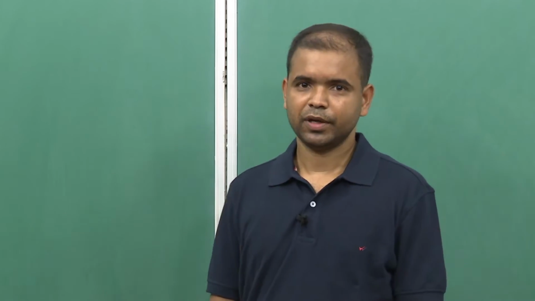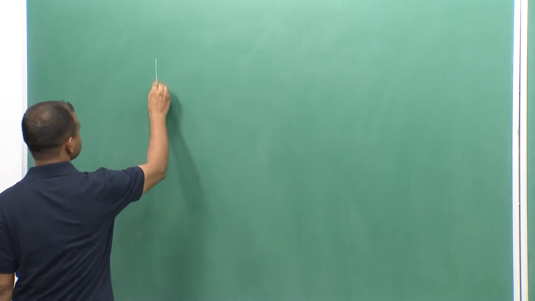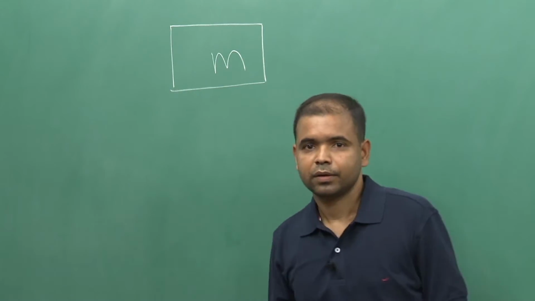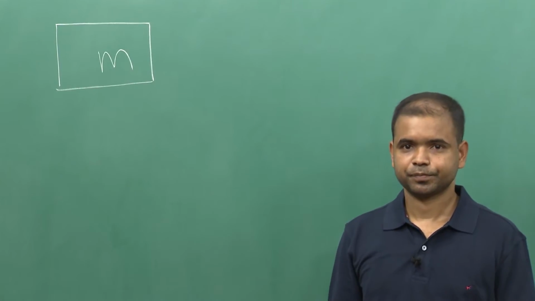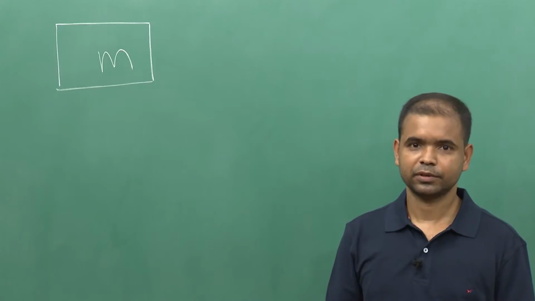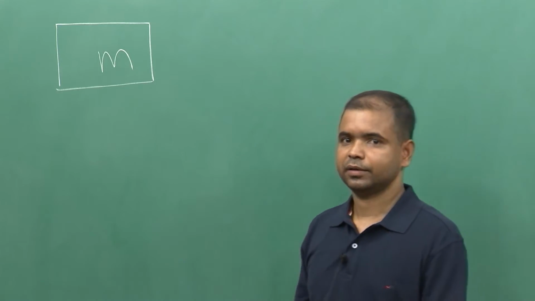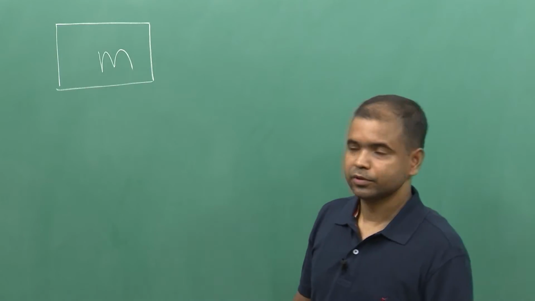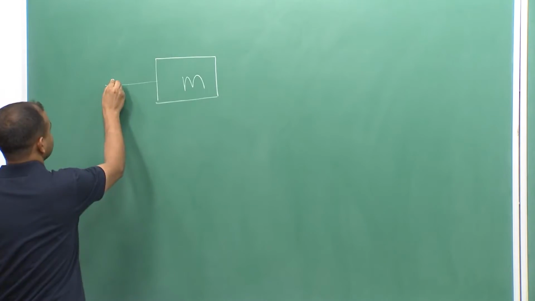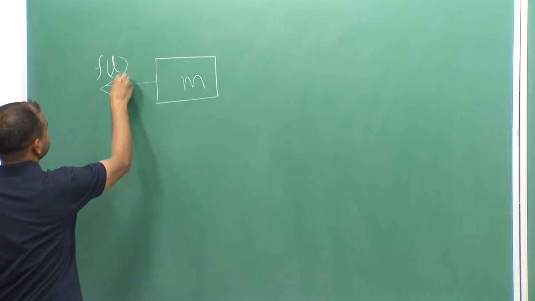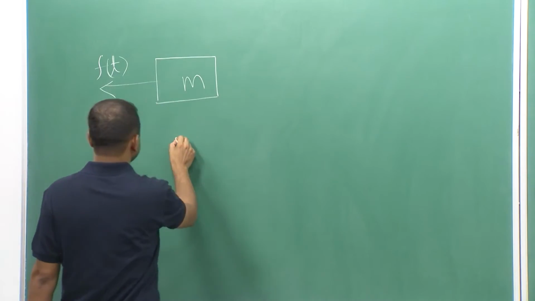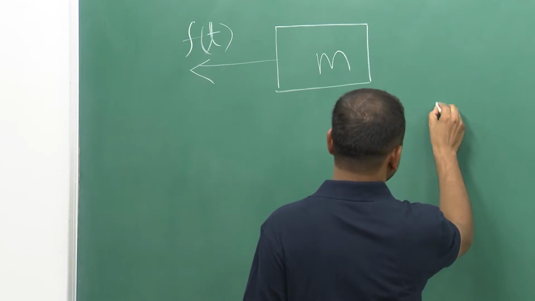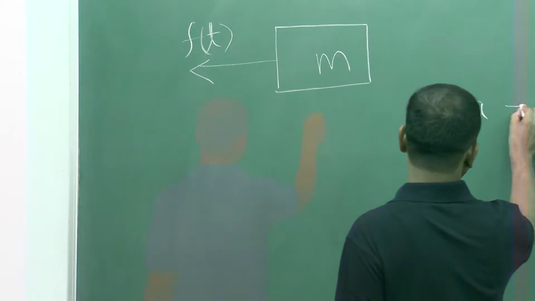In the spring, mass, damper system, we have three basic elements. The first one is the mass. Whenever we apply a force on a body, the net summation of the opposing force and the applied force is 0, and due to the mass there is an opposing force, which is the inertial force. Suppose we are applying a force F(t) here, there will be an inertial force realized on this mass, and from Newton's second law, we can write mass into acceleration,